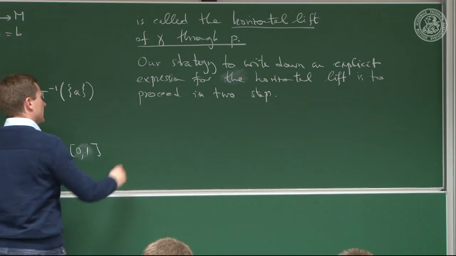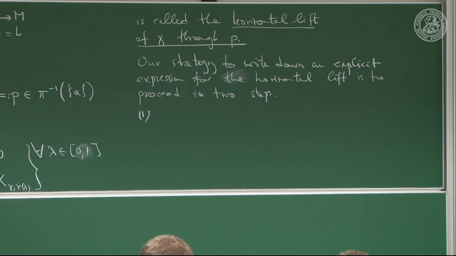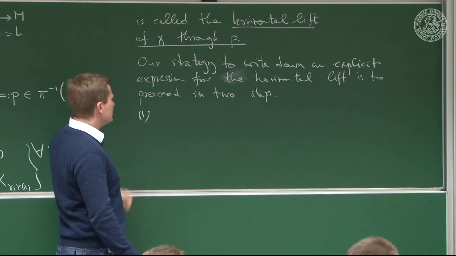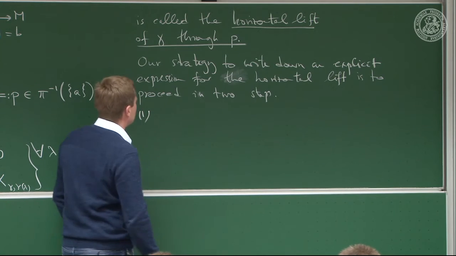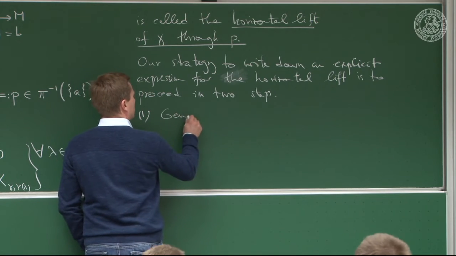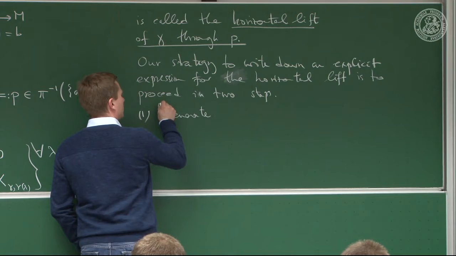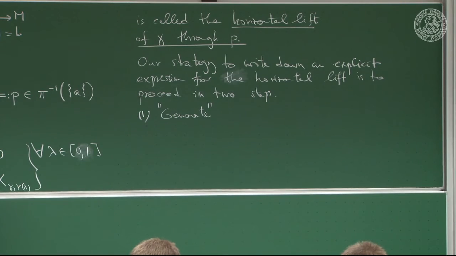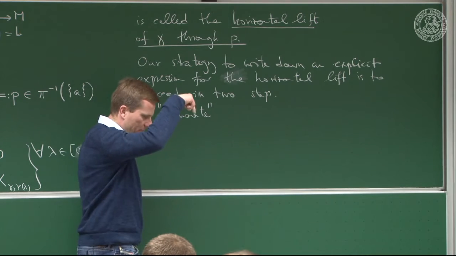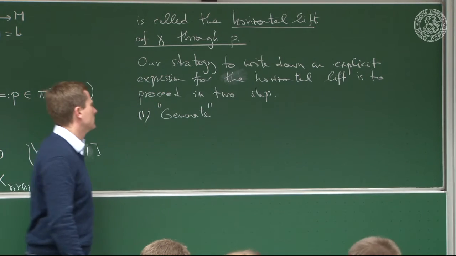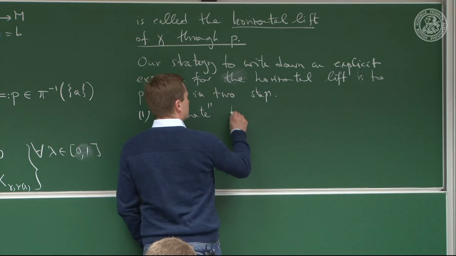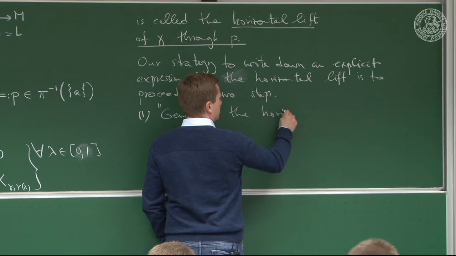So the first step, which we'll discuss in turn, the two steps. The first step is to generate the horizontal lift from some arbitrary curve in the principal bundle that projects down to the original curve. So generate the horizontal lift